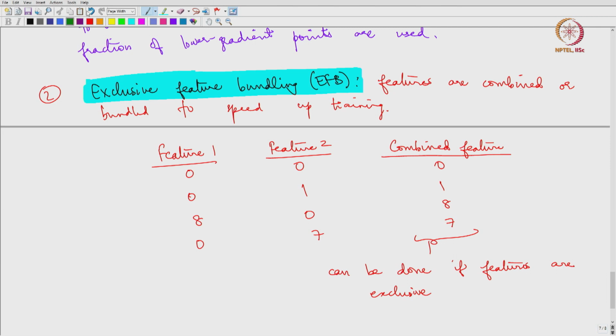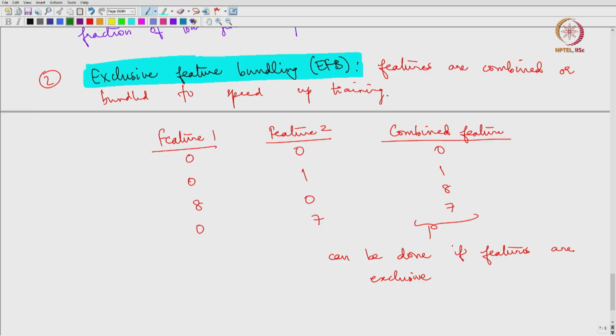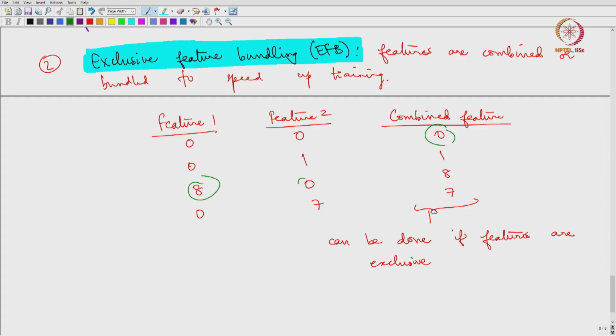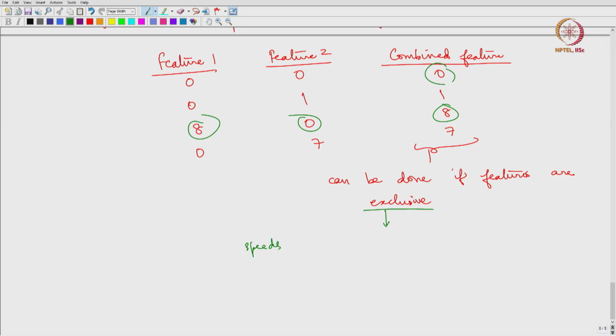So, when two features are simultaneously 0, the combined feature is also 0, right. However, when one of the features is 0 and the other is non-zero, then the feature takes the value of the non-zero feature, right. So, this can be done if the features are exclusive, and this speeds up the training. So, these are two of the things which are implemented in LightGBM. These can seem as small enhancements or small tweaks, but it really helps when you are trying to tune a machine learning model, right. And finally, before learning, I just want to show you a small schematic wherein you can